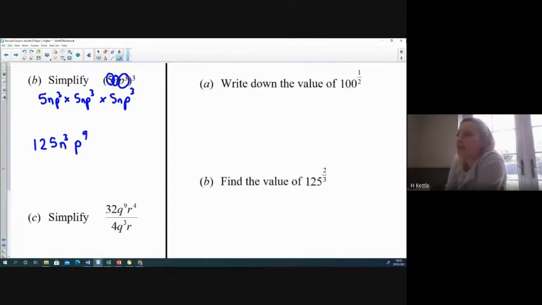Now, really common mistakes I would see with that is people would just do 5np to the 9. So everything in that bracket needs to be cubed. So there are 3 terms to worry about, and hence our final answer is